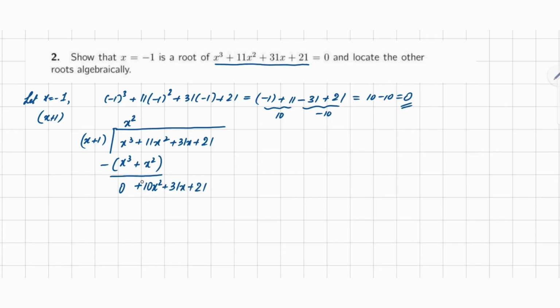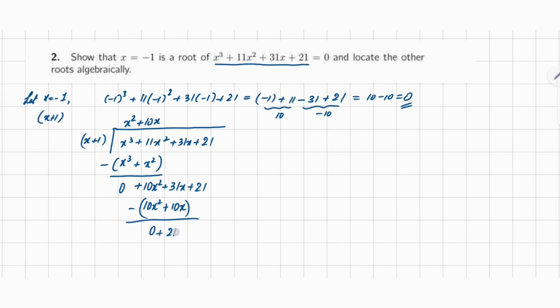Next, we need a 10x squared term, so that is done by the following method. We can multiply x plus 1 with 10x. So we have 10x times x, that's 10x squared, plus 10x times 1, that's 10x. We subtract. 10x squared minus 10x squared is 0. 31x minus 10x is given by